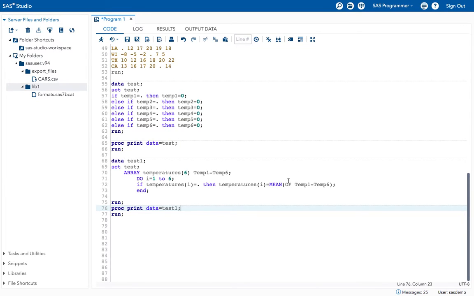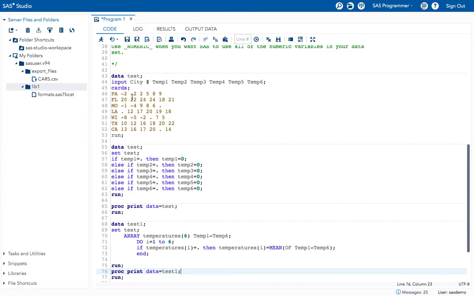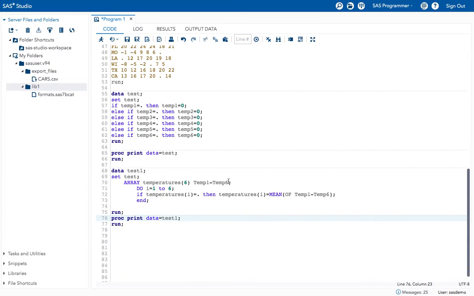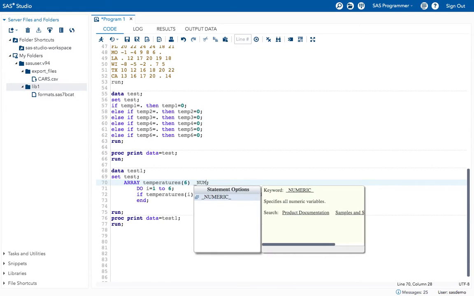You can apply any formula here if you want to replace those values with particular formula values. And we have another shortcut for this. As we are applying our array programming only on the numeric values, instead of giving temperature1 to temperature6, you can mention _numeric_.